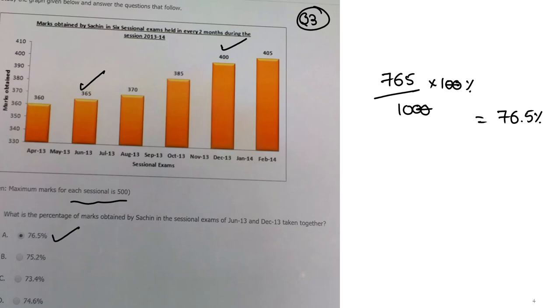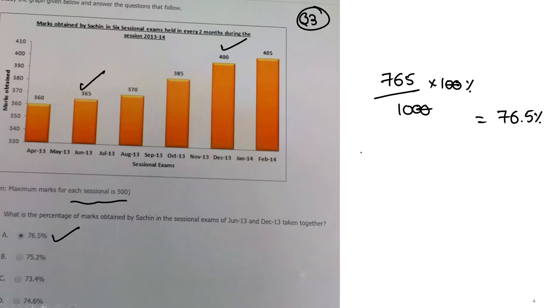June 2013, December 2013, those values we had to take together. And why is the denominator 1000? This is 500, that is 500. Total 1000 marks. Out of 1000 marks, you got 765. It's nothing but 76.5%. Now,